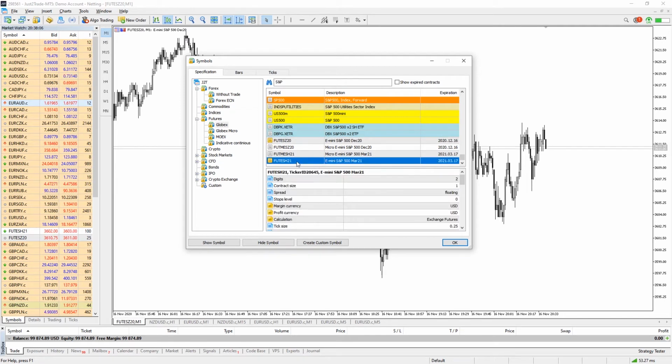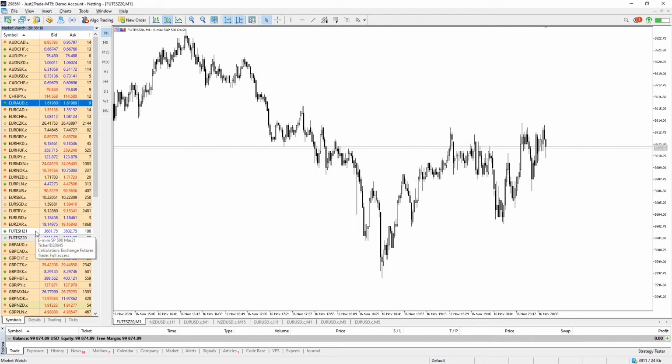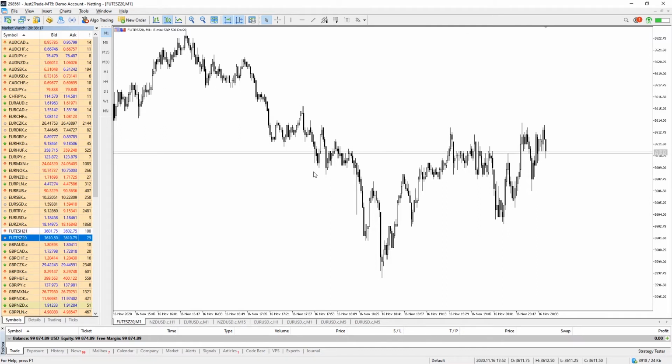And the SH21, which is the March. Beautiful. Now let's consider the contract that is going to be expiring sooner, so on December. And actually we are already looking at it. Now, just for the comparison, if you pull this one out, if you can see it quite well, we are